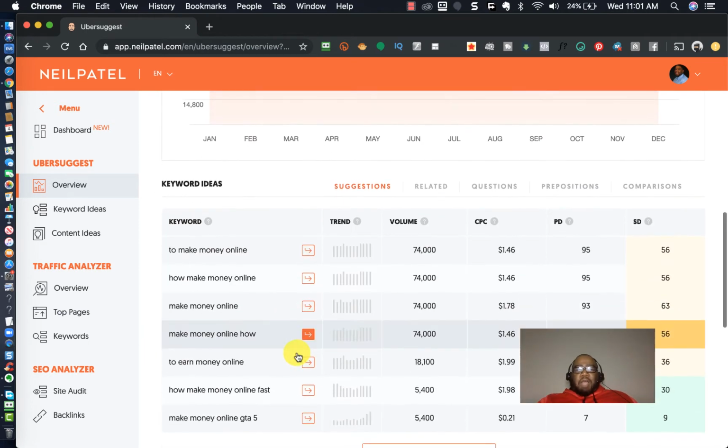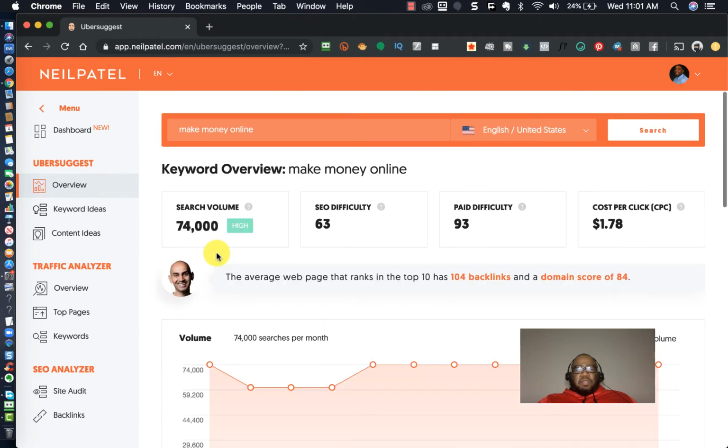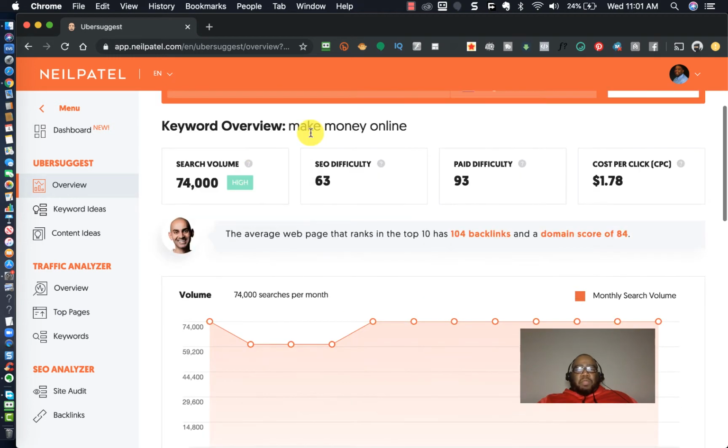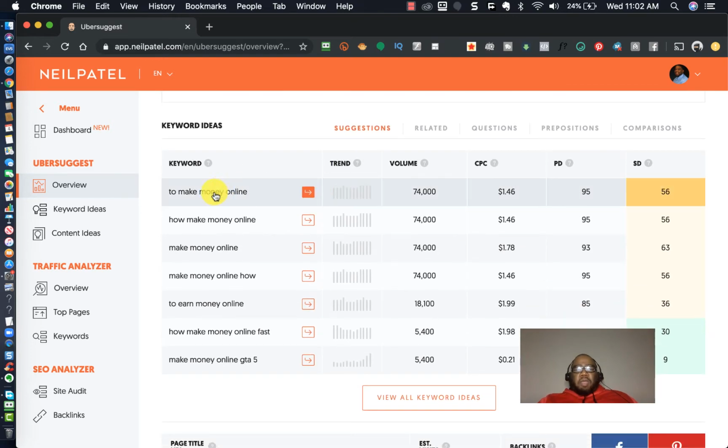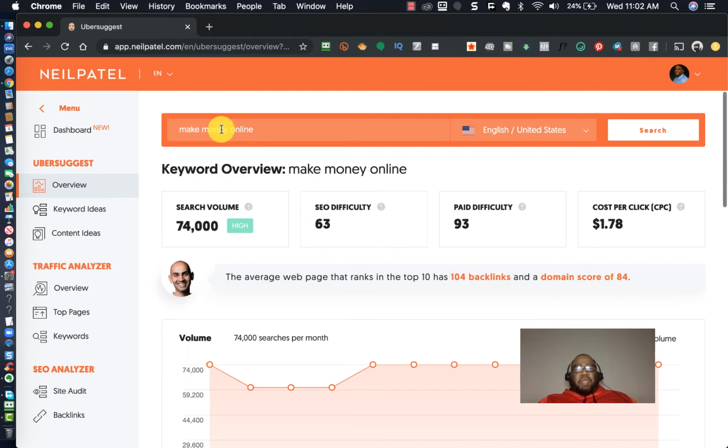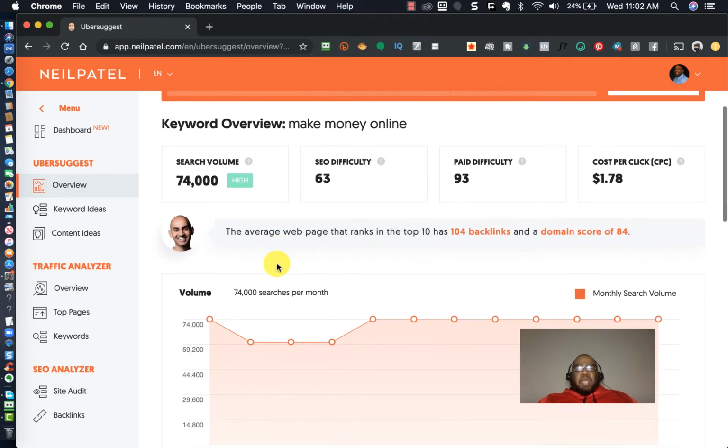What you're also going to find is that there are going to be variations of your initial keyword that you typed. Okay, so we know that people typing make money online is a very high volume keyword. The difficulty for you to rank for this keyword is also very high. So if you plan on creating a content strategy to attack the phrase make money online, you'd have to use a variation of keywords, because simply trying to put make money online in everything that you do is not going to work very well.